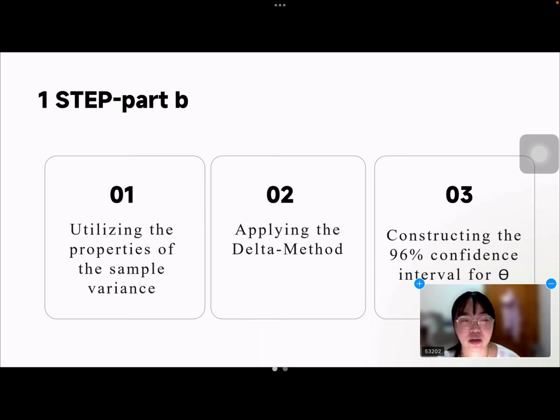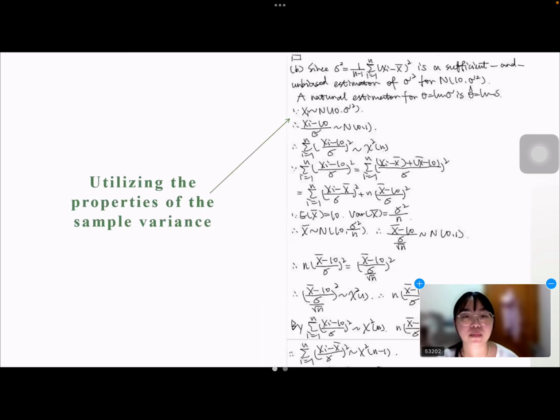but this is a little different from part A because the unknown parameter is changed. In this part, we need to use some properties of sample variance, because the unknown parameter is delta square, so we choose s squared to be the estimator of delta square. And also we can transform the